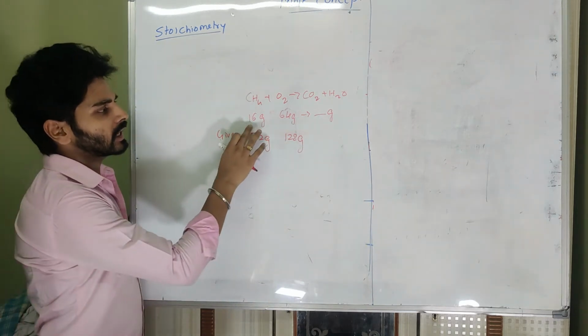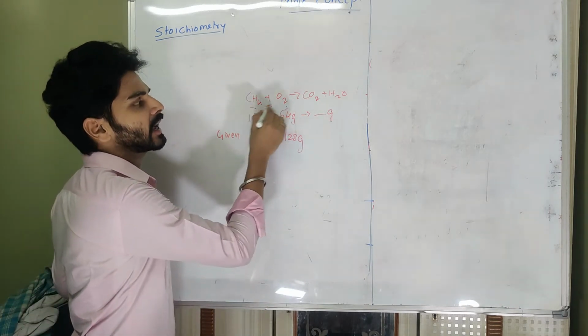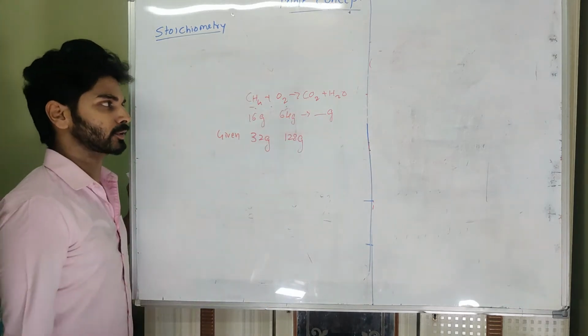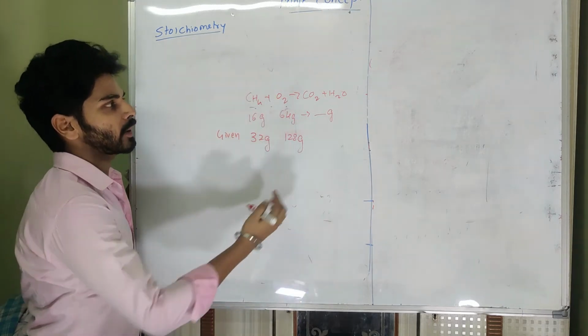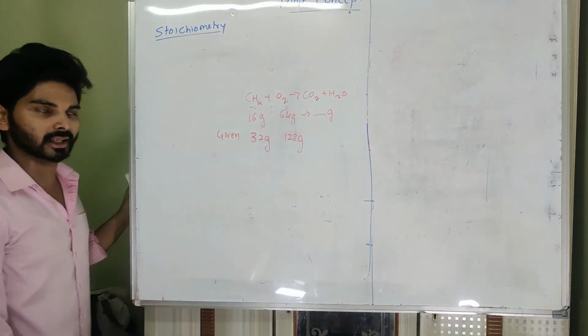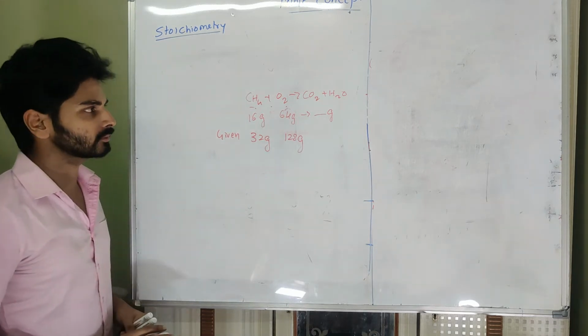Here you can understand that they are given in the same stoichiometric quantity. So now any reactant can be used to get the amount of product formed. You can use methane or you can use oxygen to get the amount of CO2. You will get the right answer there, since both the reactants are in stoichiometric quantity.